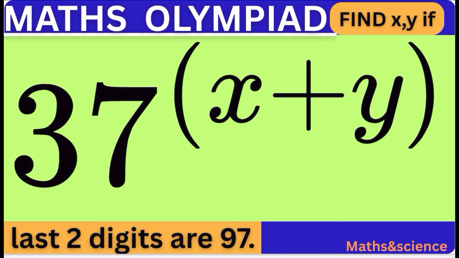The last two digits are 9 and 7, and 37 to the power of x plus y is the value. We have to find out x and y. This particular problem involves not only basic modular arithmetic,